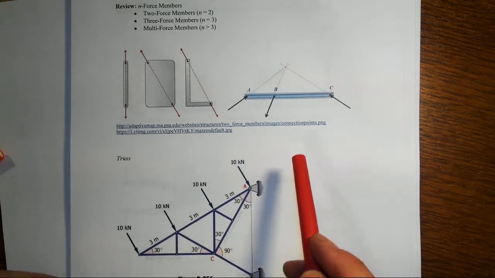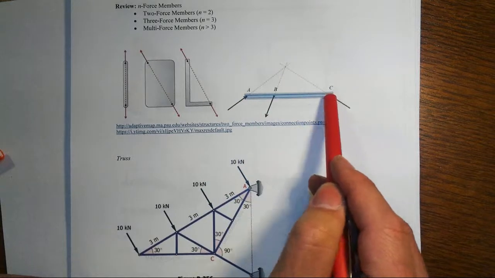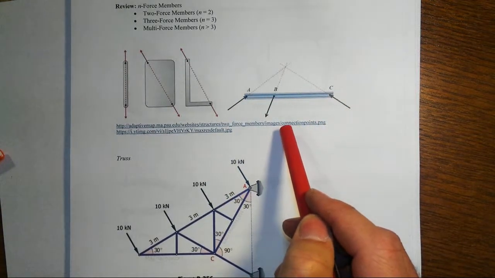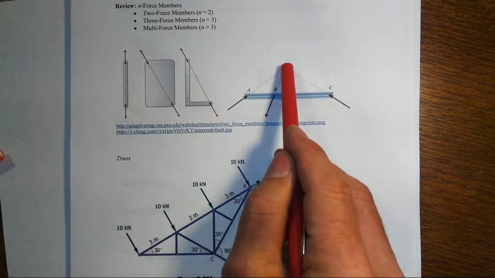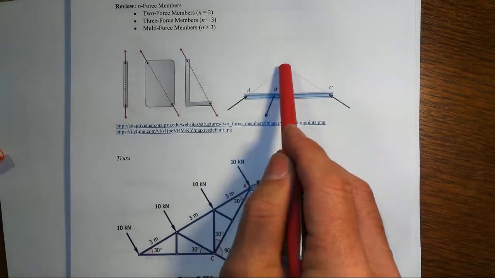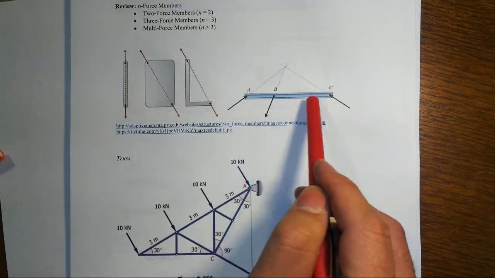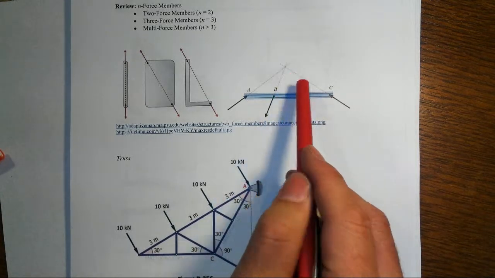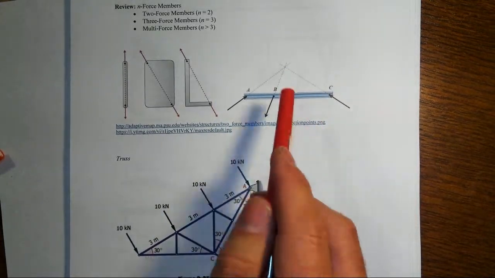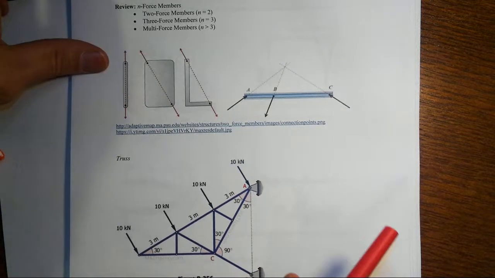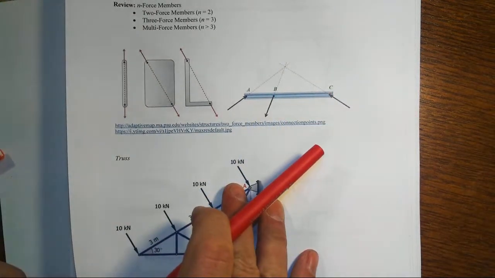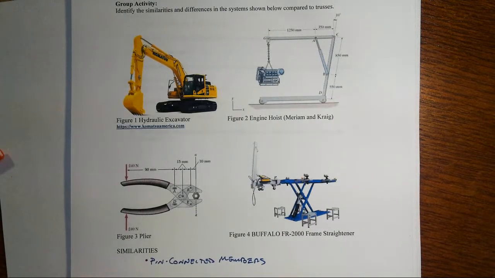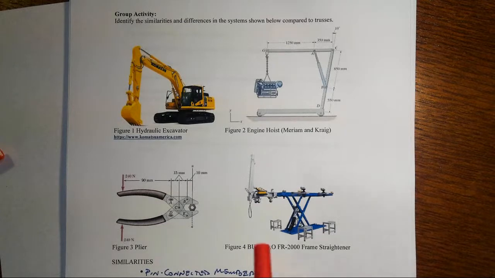loaded. Now, if we have members that have three forces applied to them, then we'll have a concurrent force system, because all three of these have to pass through a common point. If two of them pass through a common point, the third one, if it didn't, would tend to spin the thing. So that's got to be a concurrent force system, and we're going to see a lot more of these in these machines and frames. We never saw those in the trusses because everything was just two-force members. Right? And that's what leads us to taking a look at all these machines and frames you see in this